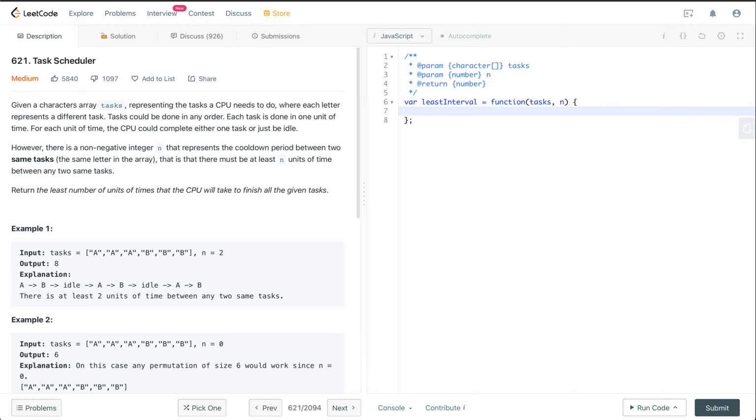As we discussed earlier in the algorithm section, we'll start the solution with a frequency map. So I'll create a frequency map of all the tasks here, and for that I'll loop through all the tasks.